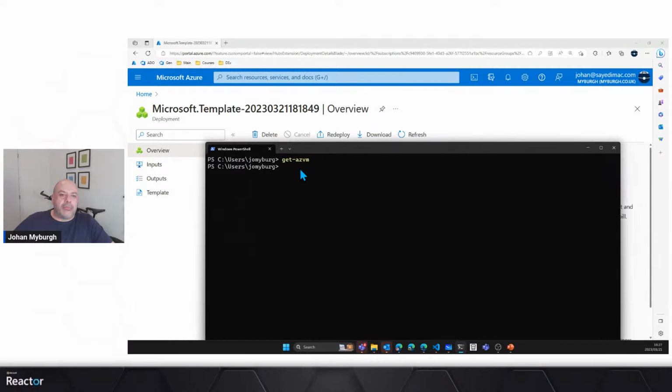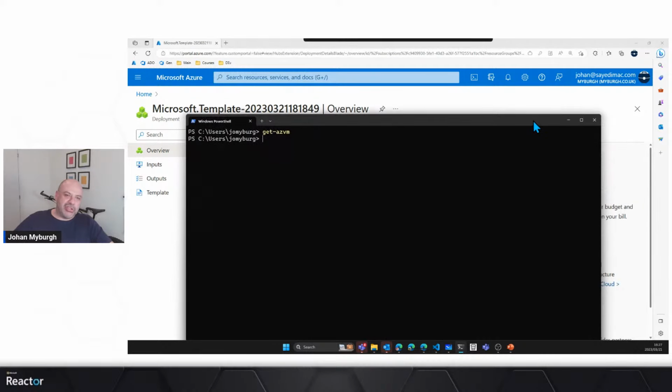So my PowerShell here is actually connected to my other subscription, which is why it's not showing those virtual machines. Suffice to say, if I was to clear this out and specify a command called Get-Command,